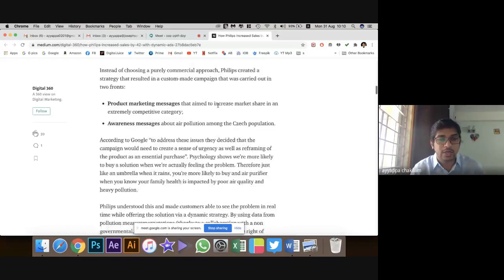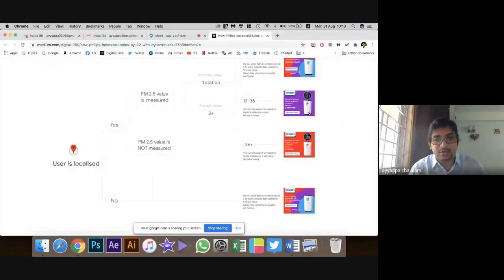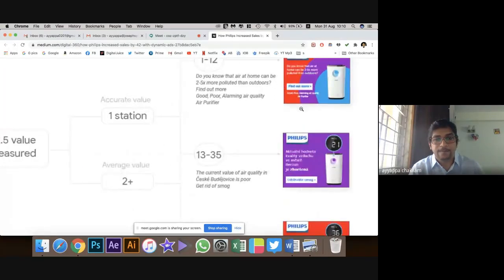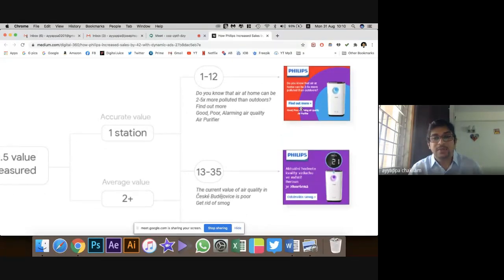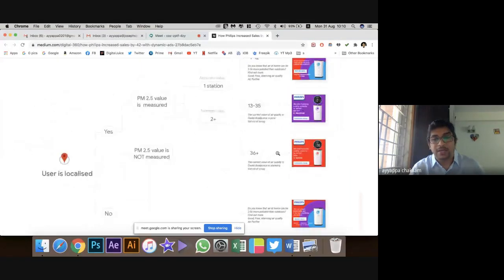So how do they do that? How do they do it? By advertising, by going for dynamic advertising. What do you remember about dynamic advertising? Targeting the people, hitting the target market. Here you can see the age groups that are there. So what is the kind of advertisement that they use for different age groups or the different kinds of target market that they have?